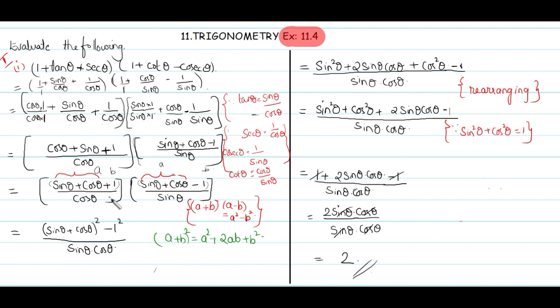When we have 2 fractions multiplying, then we multiply numerator with numerator and denominator with denominator. So we say a, this completely we are taking it as a plus b into a minus b. So, we can write it as a square minus b square. What is our a here? Sin theta plus cos theta is our a. So, sin theta plus cos theta whole square, this is nothing but a square minus b is 1 square, and